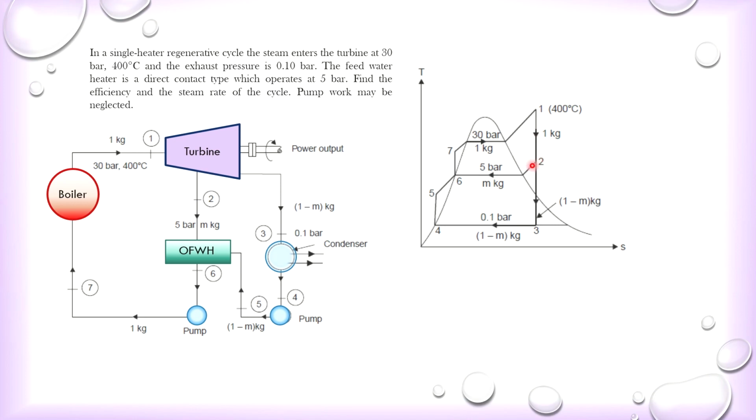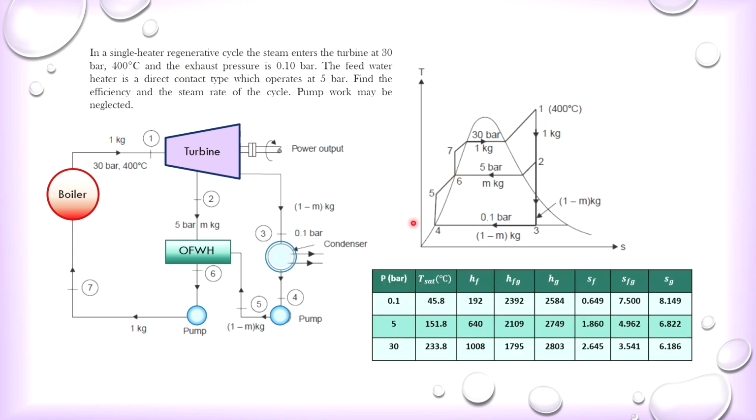Then at state point 2, the amount of steam extracted will be m kg. So the remainder will be 1 minus m kg, which goes into the condenser. Then after that, it goes into the open feed water heater where it mixes with the saturated liquid, mixed with the bleed steam earlier in the open feed water heater. So this is the